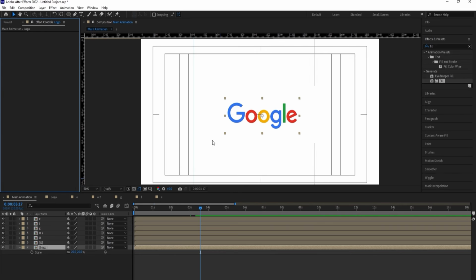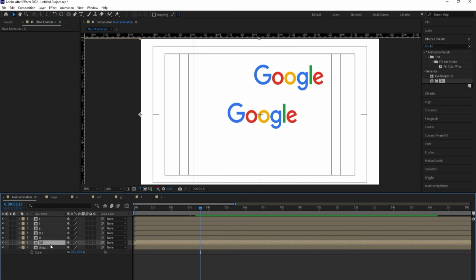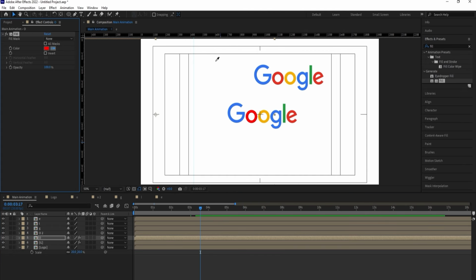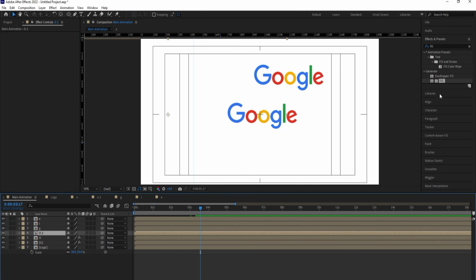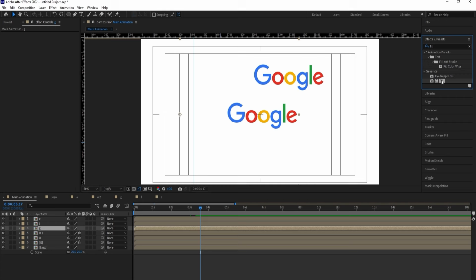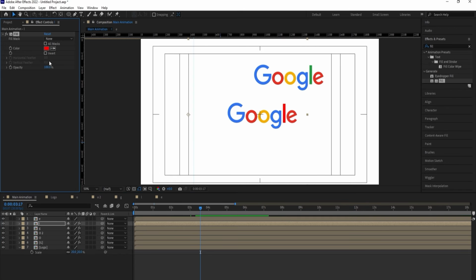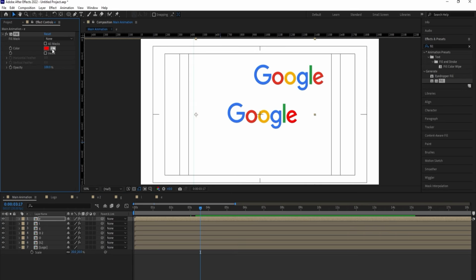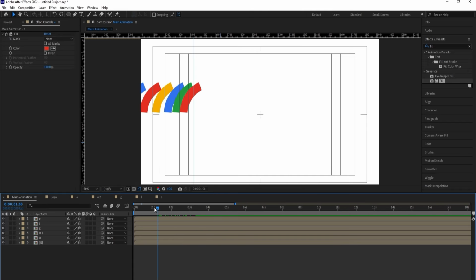Okay, now after all of this, we will select this logo and we will delete the fill, and we will try to move this logo over here from here to here. And now let's select this G, go to the effect and presets panel, apply fill, and with the help of this picker we will pick up this color. For this O, apply fill, pick up this color. Select this, apply fill, pick up yellow color. Select this G, apply fill, pick up this color. Select this L, apply this fill, pick up this color. And for the last, apply this fill, pick up this red color, and then we will delete this logo. So now if you see this, we are getting